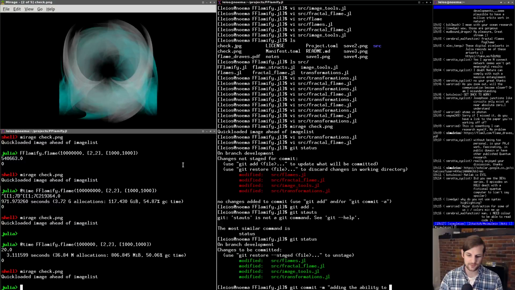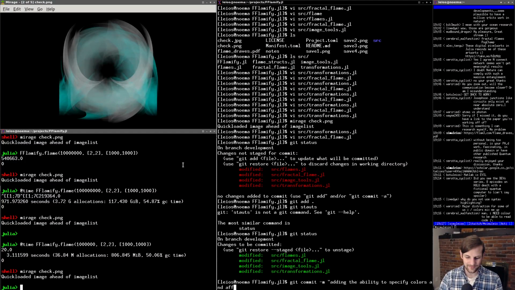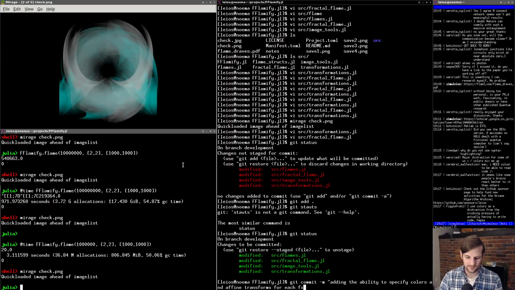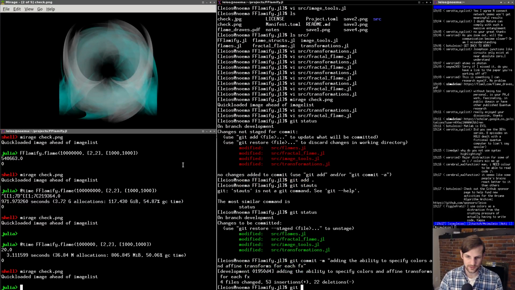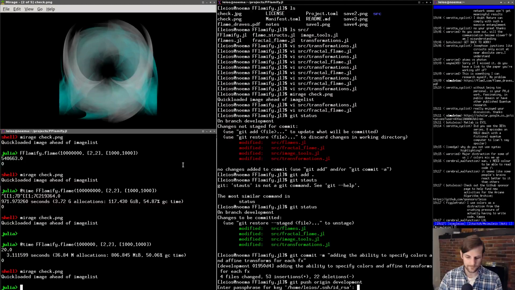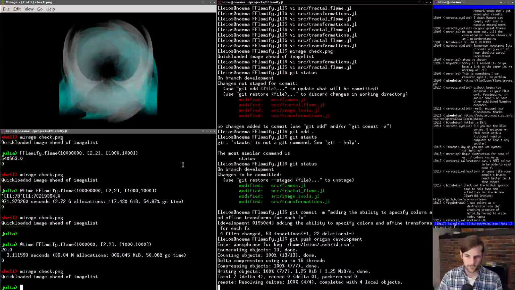Adding the ability to do affine transformations. Actually, adding the ability to specify colors and affine transforms for each function. All right, git push origin development. All right, great. Okay,